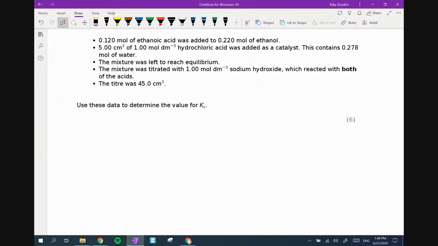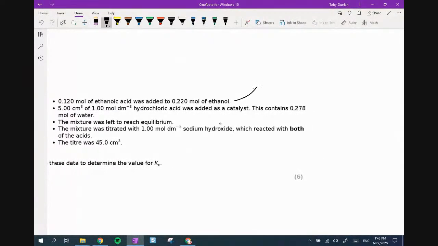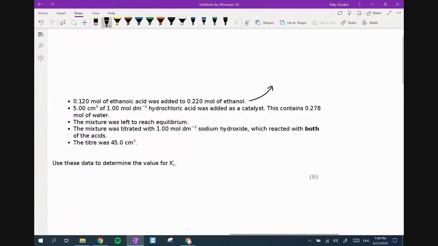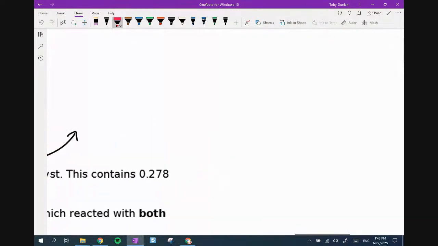So it says 0.10 moles of ethanoic acid was added to 0.20 moles of ethanol. Now, I just want to make another nota bene. That's very uncommon. The nice thing is that they've given us moles straight off the bat. A lot of the time, what they will actually do, and again, it's a nota bene for the experiments,